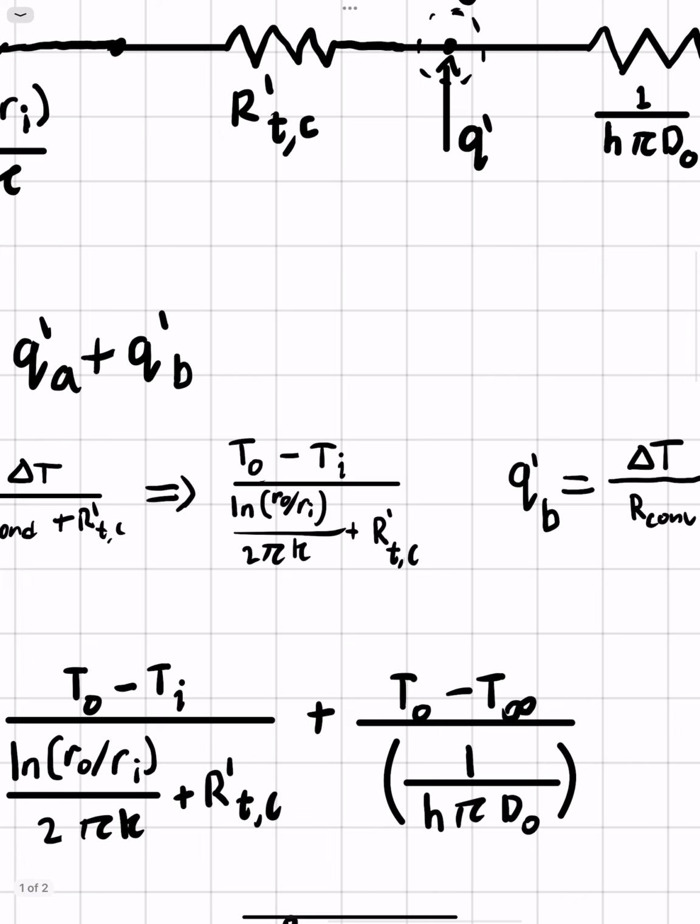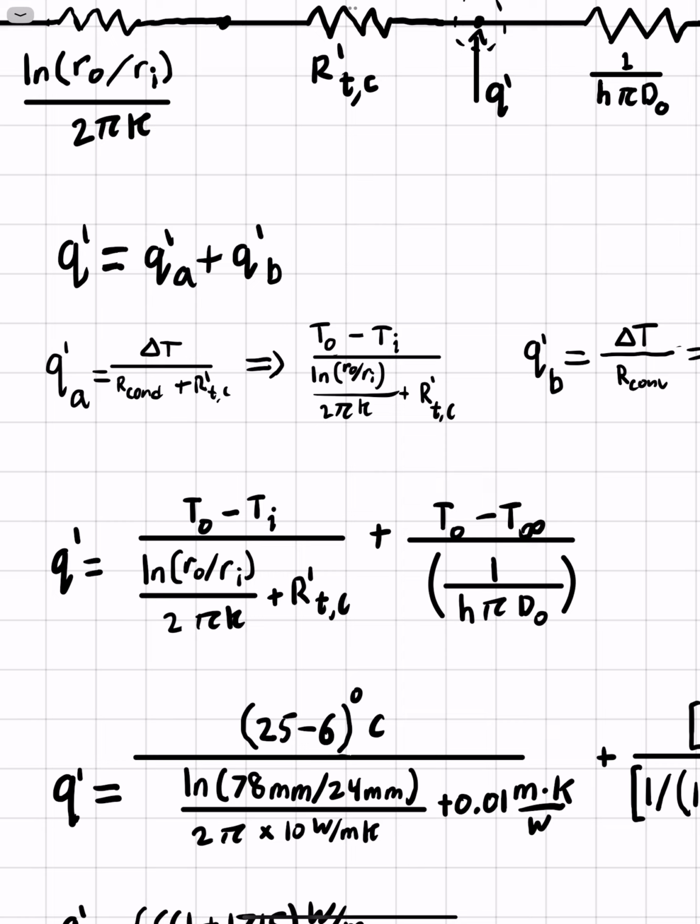h pi D outer. So this gives us that the heat that the heater is inputting, Q, is equal to T outside minus T inside over ln of the outer radius over the inner radius over 2 pi k plus the contact resistance that's given, this term, plus T outside minus T infinity over 1 over the h given again, pi